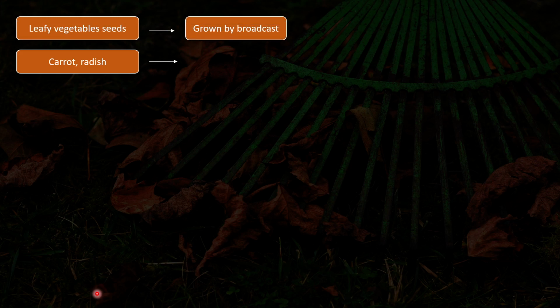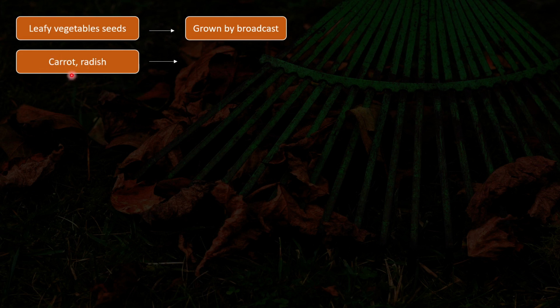Now, the leafy vegetable seeds. So, if you want to start gardening from scratch, either you use vegetables that are available in your kitchen, or you can get seeds from the market, which are also available online. So, the leafy vegetable seeds, if you are going to grow, you need to grow it by broadcast method. I hope that all of you know what is broadcast method. That is just spreading the seeds on the soil.